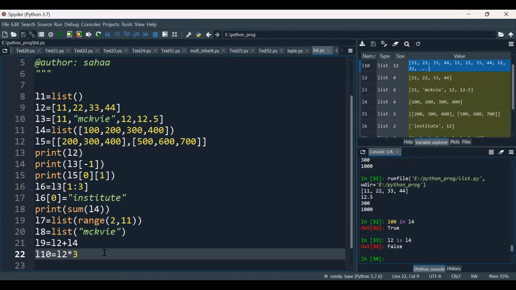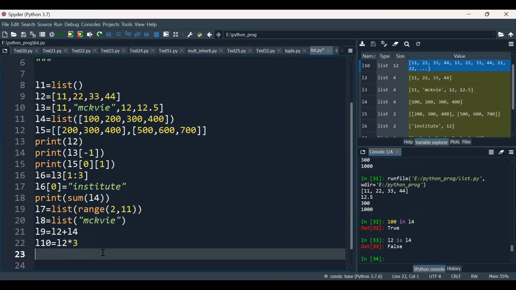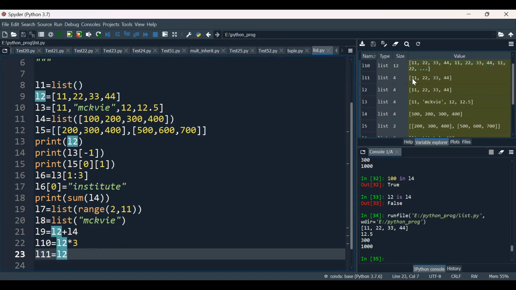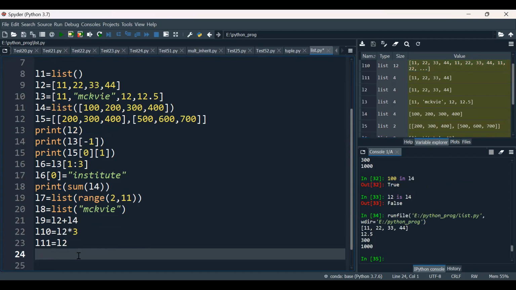Now, let me explain more about this is operator. So I am writing L11 equal to L2. L11 and L2 are basically pointing to the same object. The meaning of this is that if I modify L11, L11[0] equal to 100,